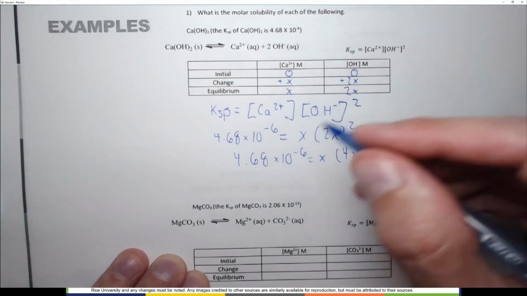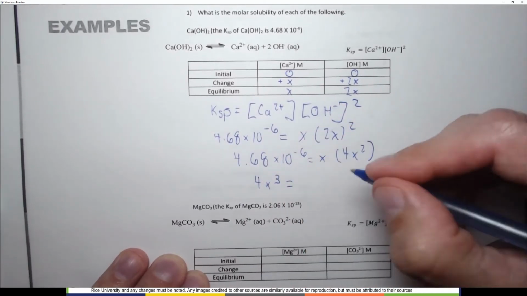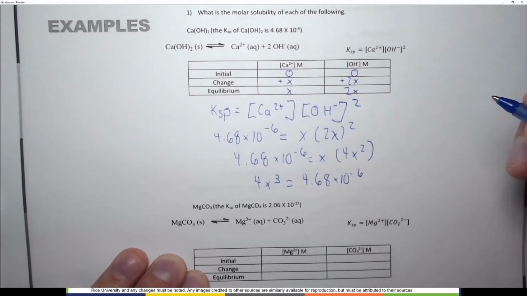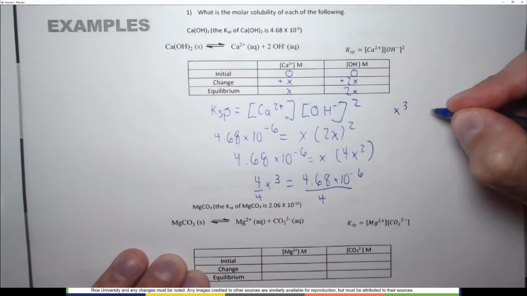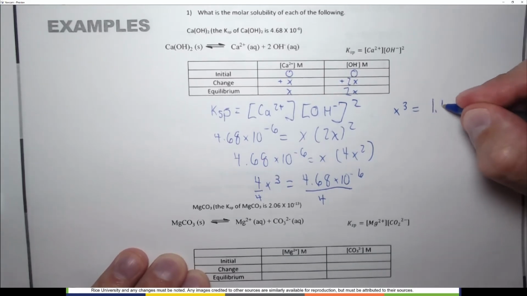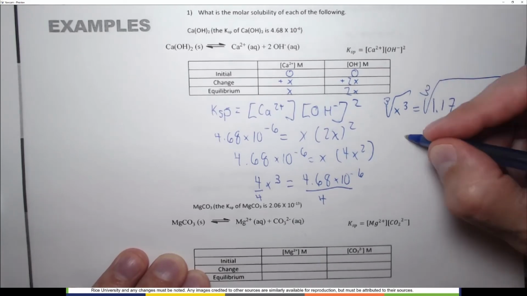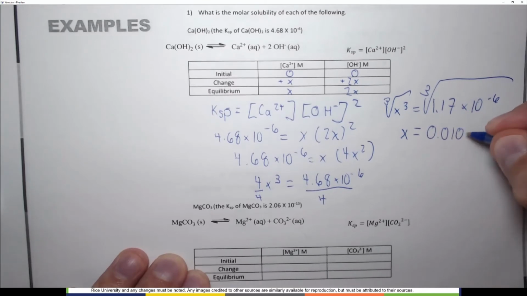And I'm going to flip it around: 4X cubed equals 4.68 times 10 to the minus 6. Divide both sides by 4. And we get X cubed equals 1.17 times 10 to the minus 6. We now take the cube root of this and the cube root of this, and we get that X is equal to 0.0105